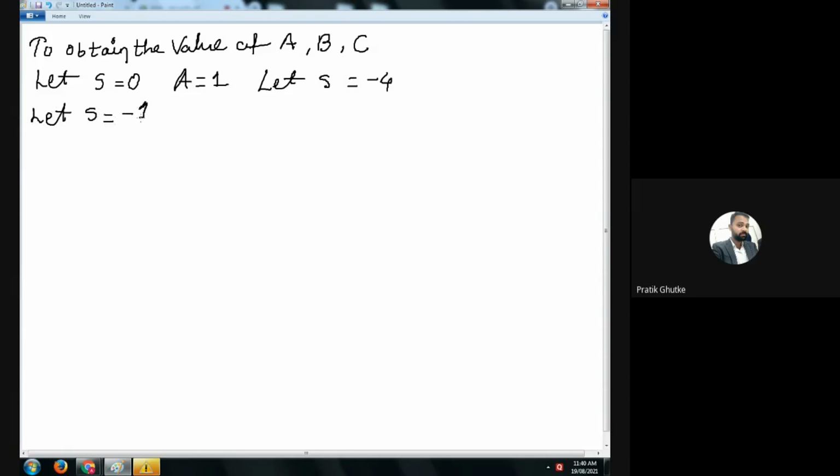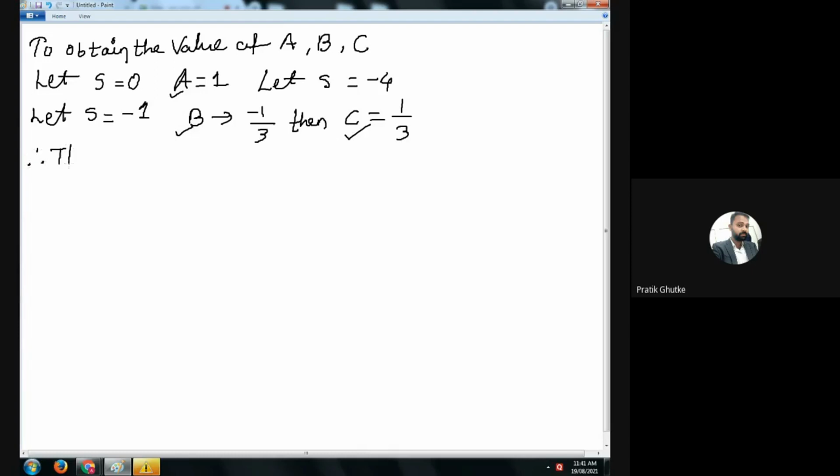Now I will be putting S equals minus 1. Then what would be my B? B would be minus 1 by 3. And then as I know A and B, I can easily calculate the value of C. Then C would be 1 by 3. Therefore, for the given transfer function, now I have got the values of A, B and C. This is my A value, this is my B value and this is my C value. As I know the values of A, B and C, therefore the given transfer function can also be written as,